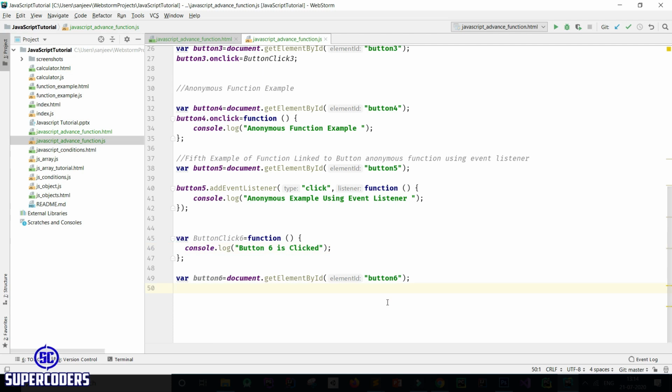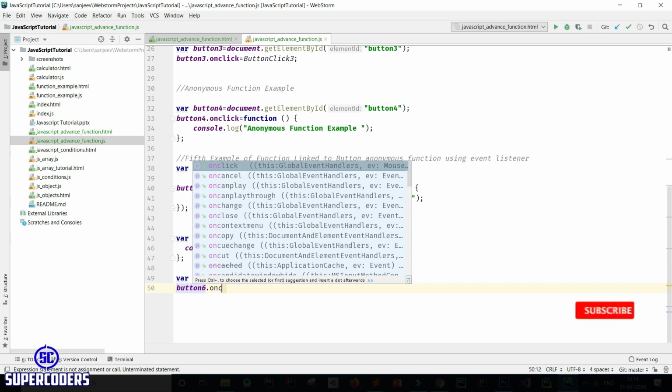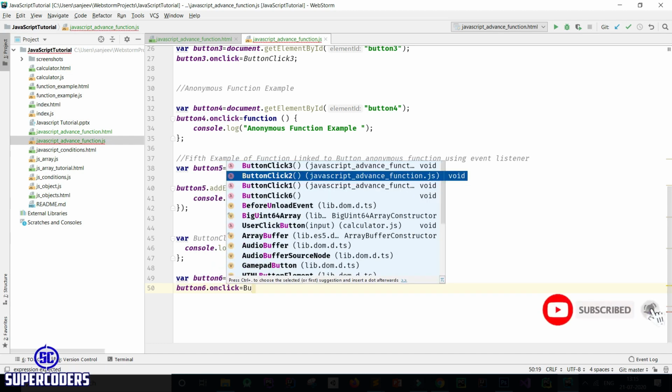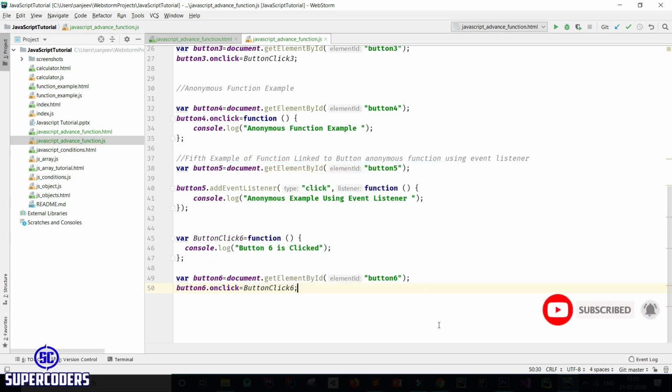Now let's call this method. So button6.onclick equal to buttonClick6. Now let's see what happens if I run.